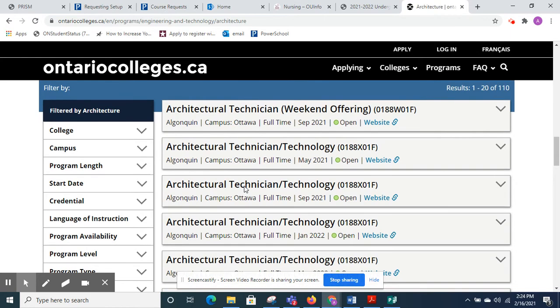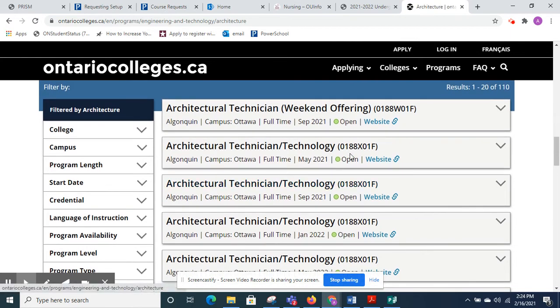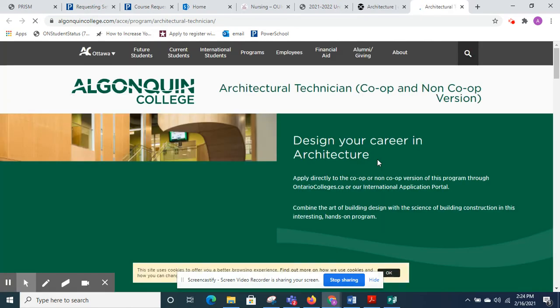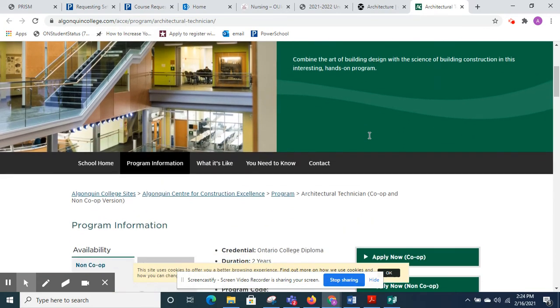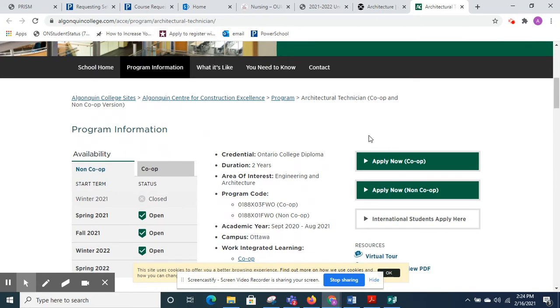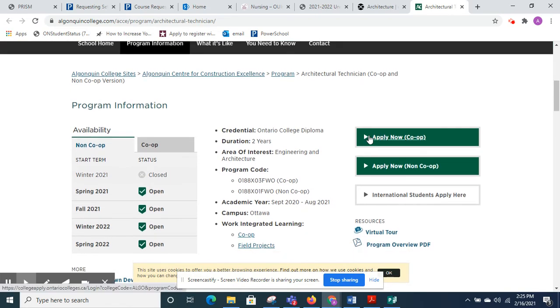So again, I want to use this site to be able to take me directly to the website of a program that I want to find out more information about. So I see that I've got co-op and non-co-op options. If I scroll down, all of these web pages look a little bit different, but basically the same information is here. That's the length of the program, the cost, whether there is a co-op or not a co-op,